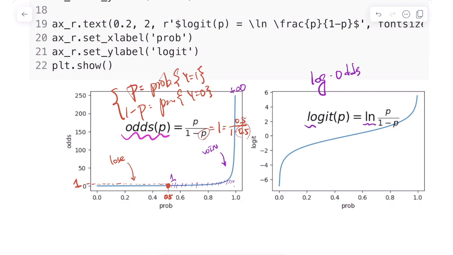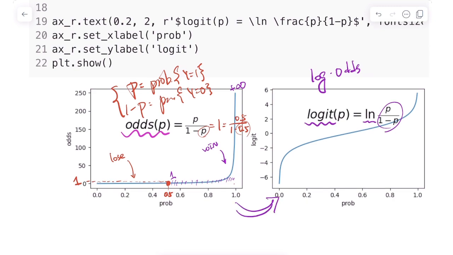So it has a very specific special name called logit. Sometimes we use logit, which is the log of odds, to describe different situations of winning or losing. And this figure becomes symmetric right here. So if the logit value is smaller than 0, which is right here, this part,